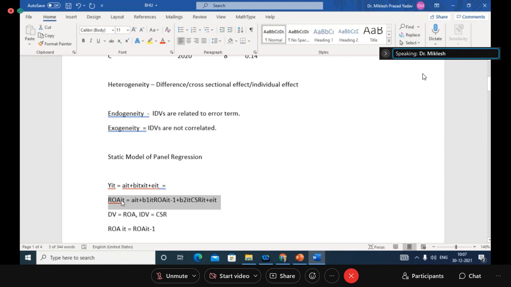ROA, it means the current year of the DV, right? So the current year of return on assets. Generally, just see like this. Generally, you say, yes, last year Reliance Industries Limited has done better, so this year also it will do best, isn't it? It means we are talking about the past. It means this year's data is related to the past data. The same thing happens in this case. It means the current year of return on assets depends on last year of return,